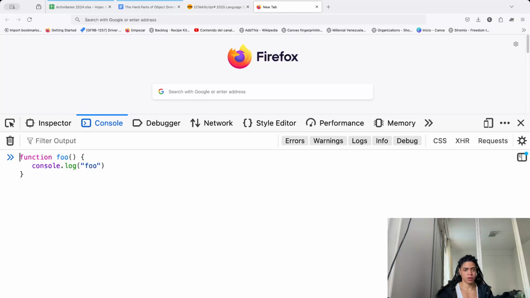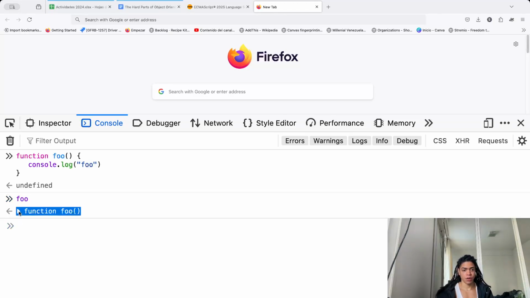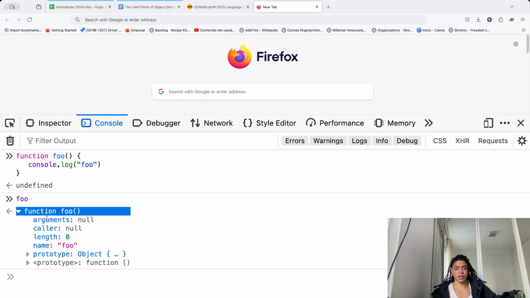So this function foo, we don't want to run that. The function foo is now an object that contains its own properties of the object: arguments, caller, length, and name, as well as a prototype, which is a confusing name because at the end of the day, this is the